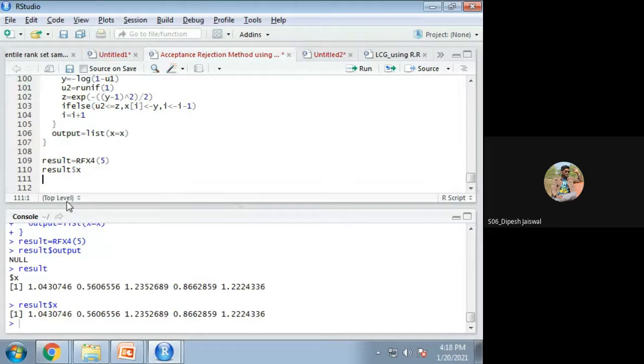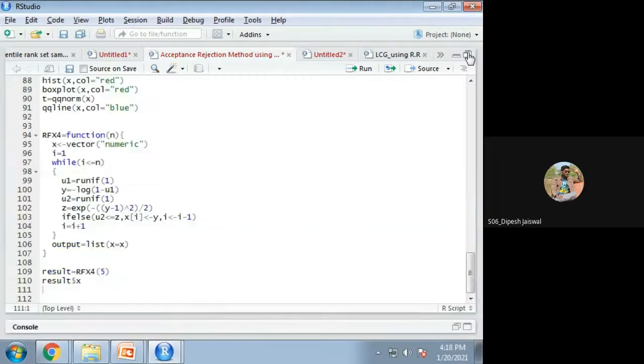Okay, so this is your own defined function. You only have to write the function name equal to function, then how many arguments you wish to give, and then last you have to print list equal to, because there is only one, so list equal to x equal to x.